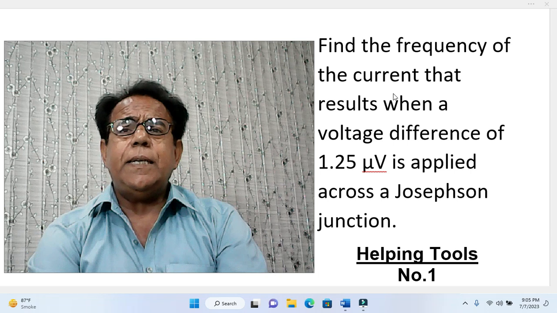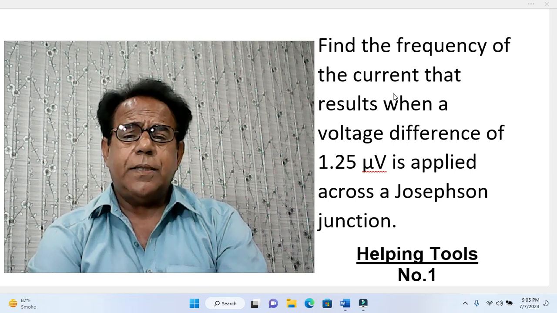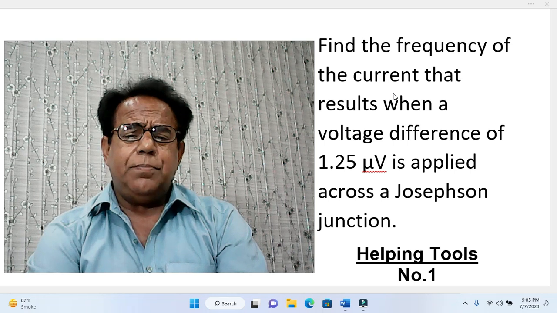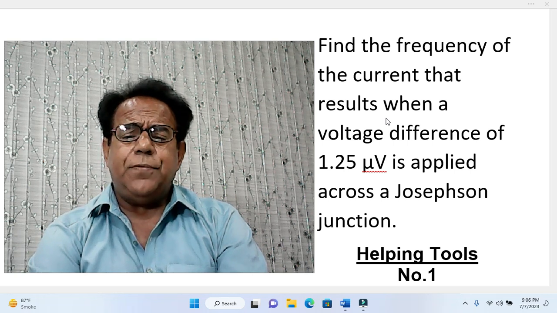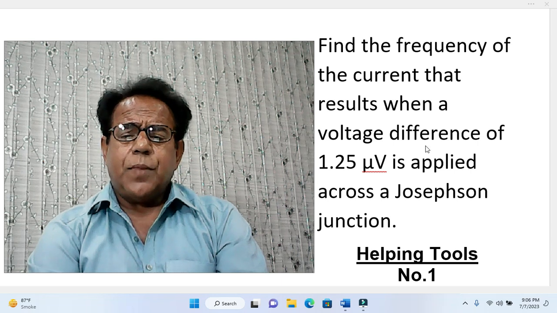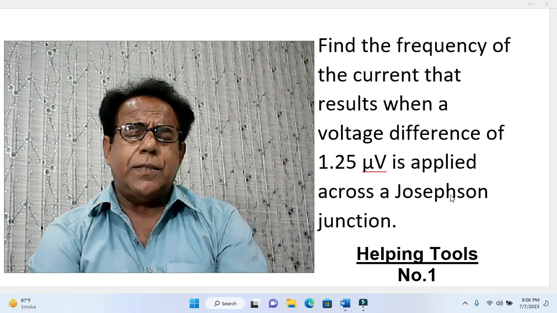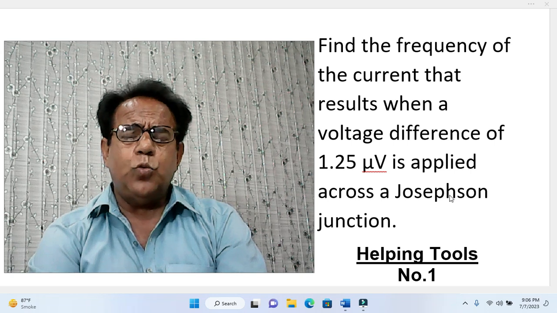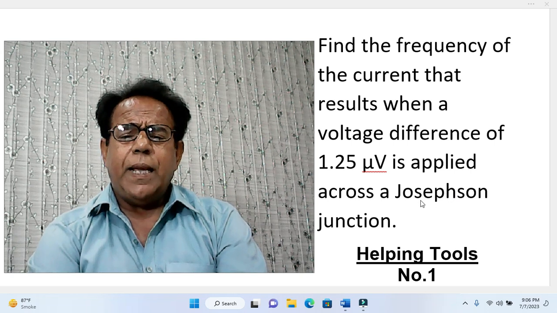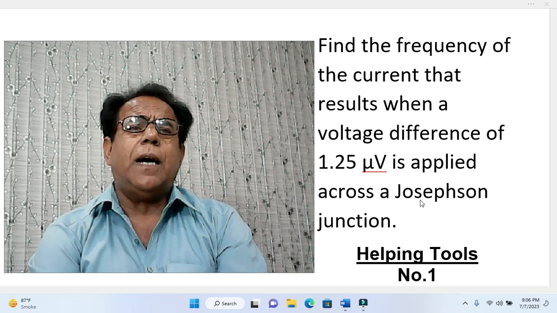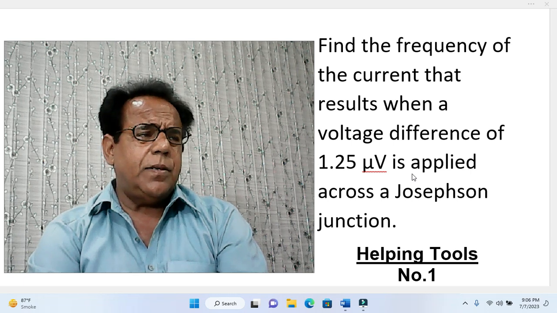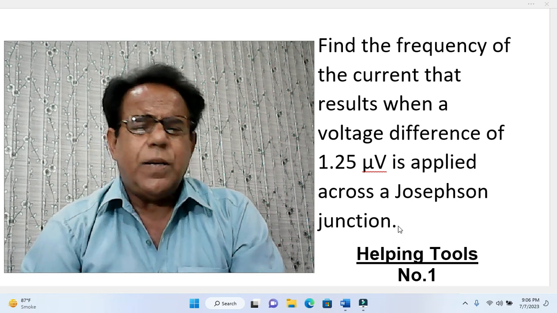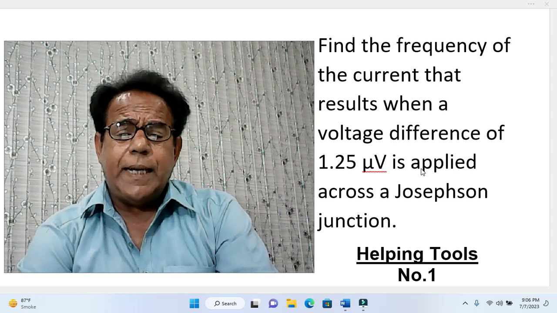This is a relatively new concept, not very much, but because we are studying modern physics, you can see that various terms, like in our previous problem the Wiedemann-Franz rule, similarly Josephson, etc., are usually not covered by general physics books like Raymond Serway, John Jewett, Young Freedman, etc. Okay, so this is a relatively new concept,